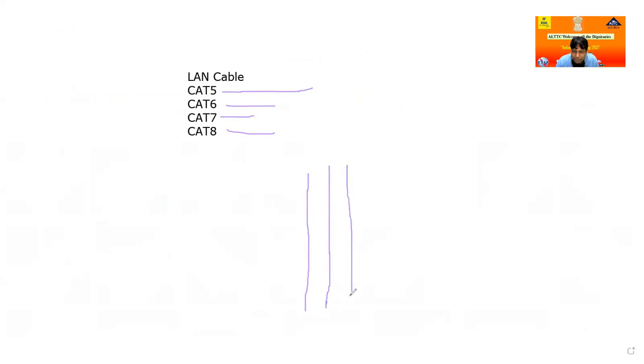1, 2, 3, 4, 5, 6, 7, and 8. All these cables have 8 wires. If you go to books or a Google search to learn about this cable, they all explain it by color method, color scheme. But here I discuss these cables in the real structure.